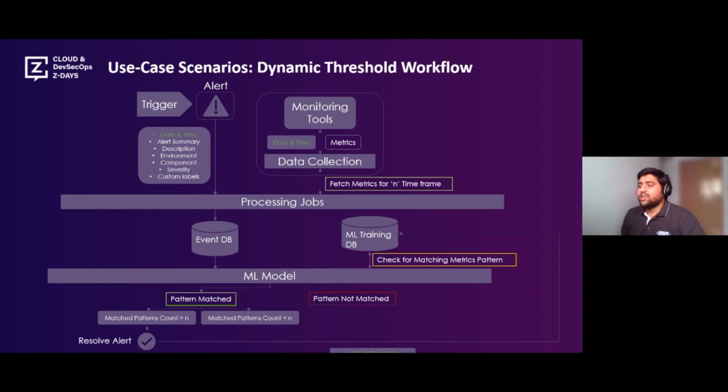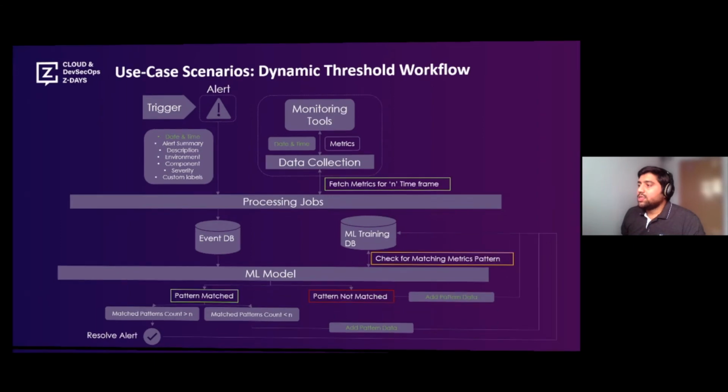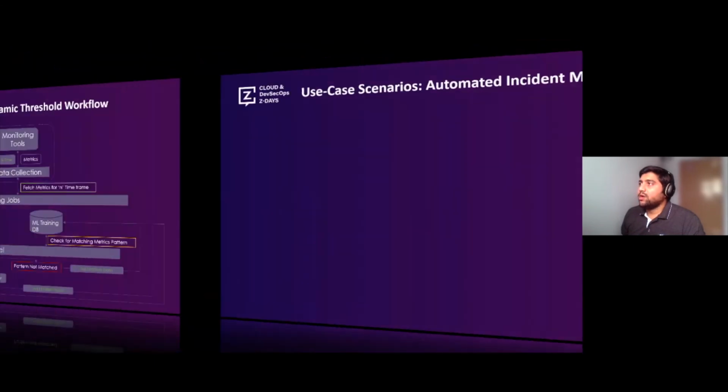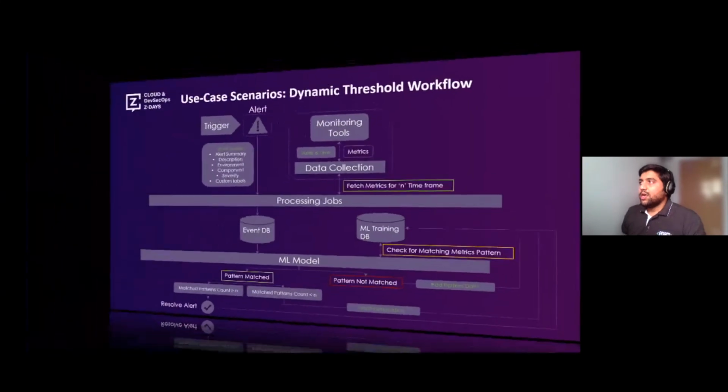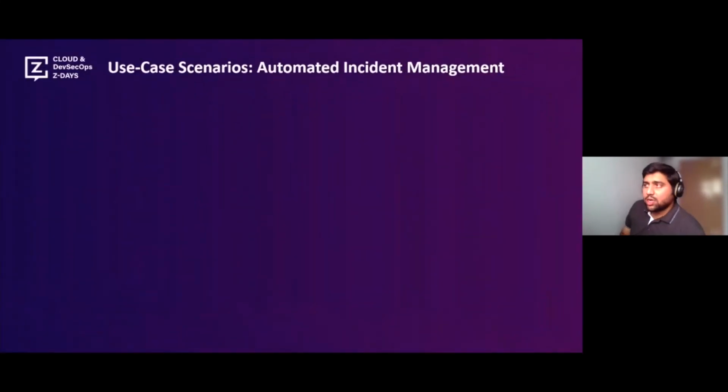If the matching pattern count is less than the certain count, it will just add the pattern data to the ML training database, so that it will be useful in the next iteration. So that's how the ML training database is being populated. This is the flow for the dynamic thresholds, and the next one is automated